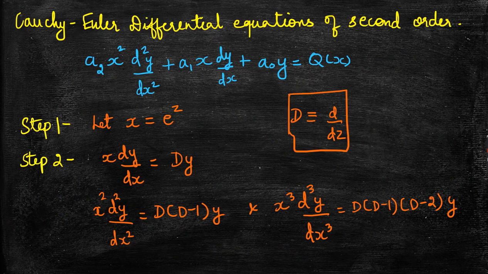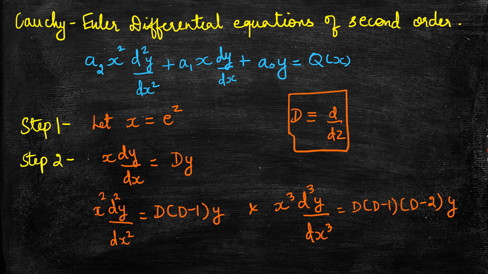So let us see the Cauchy-Euler differential equation of second order, and this is for a non-homogeneous differential equation where your right hand side will not be equal to 0. Here you can see our right hand side is equal to some q of x, a function of x. And if you look at the form of this differential equation, you have a x square d square y by dx square. Just remember, only an equation of this form is called a Cauchy-Euler differential equation.